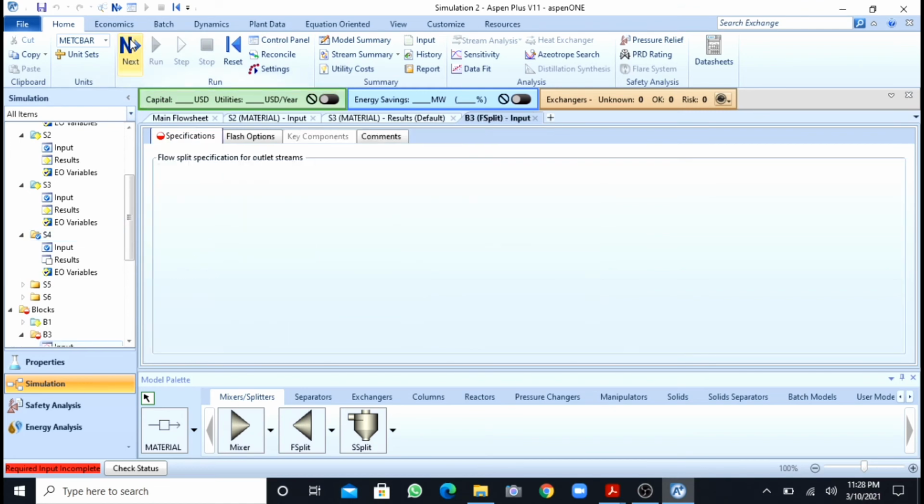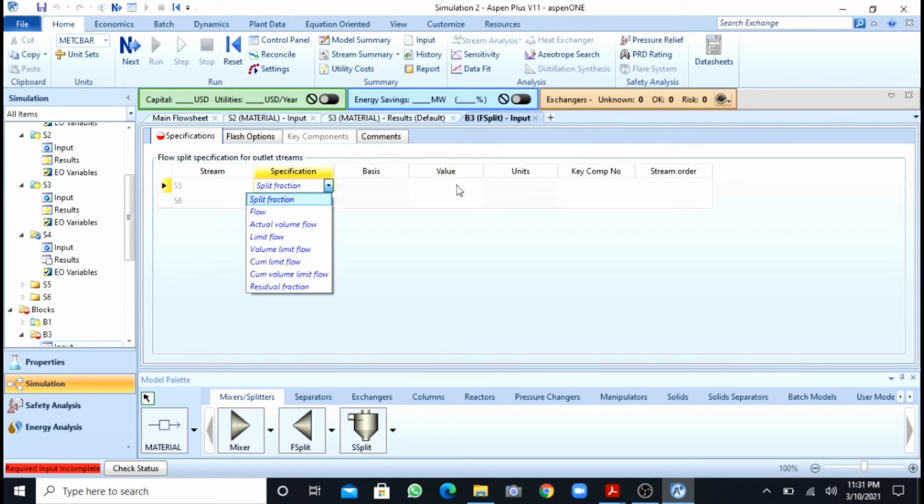As soon as I press the next button, it asks for the split fraction, so now I have to specify a split fraction. I want 30% of my feed stream to go into S5.